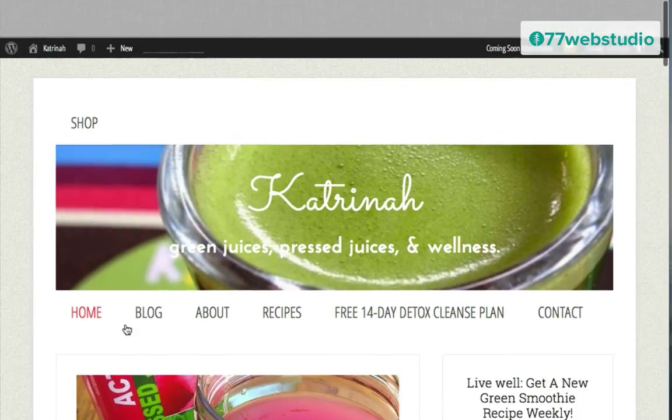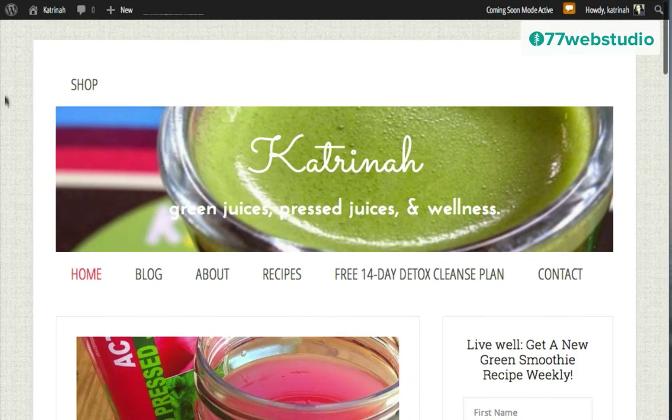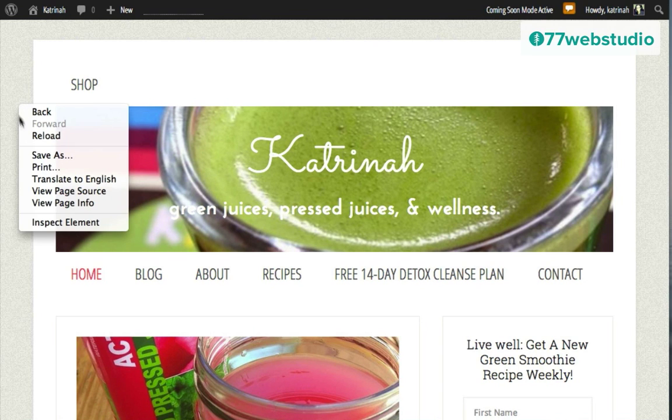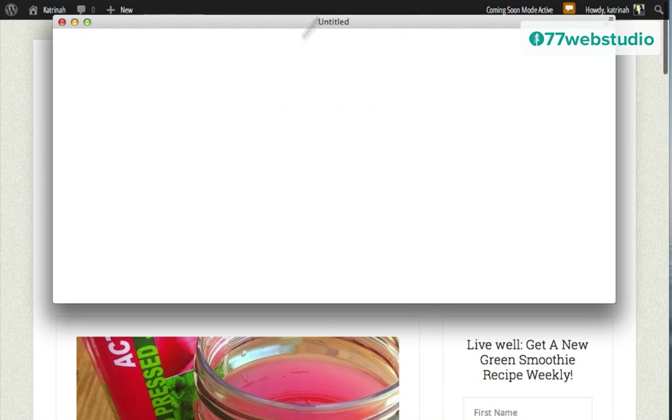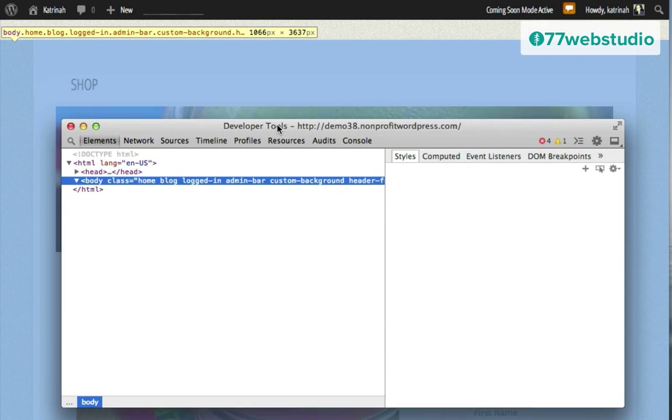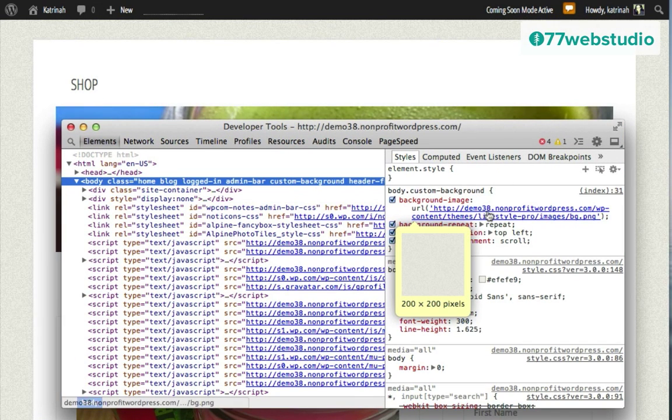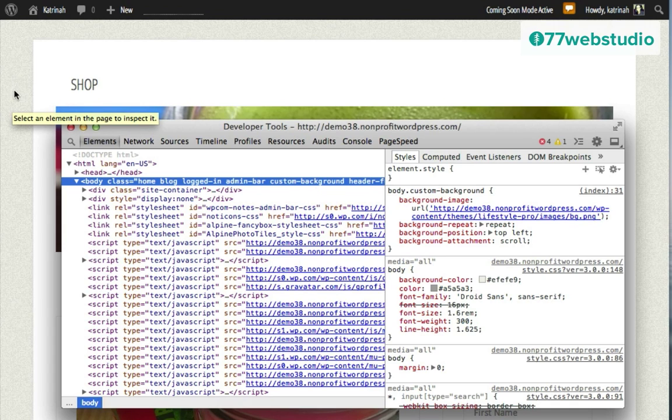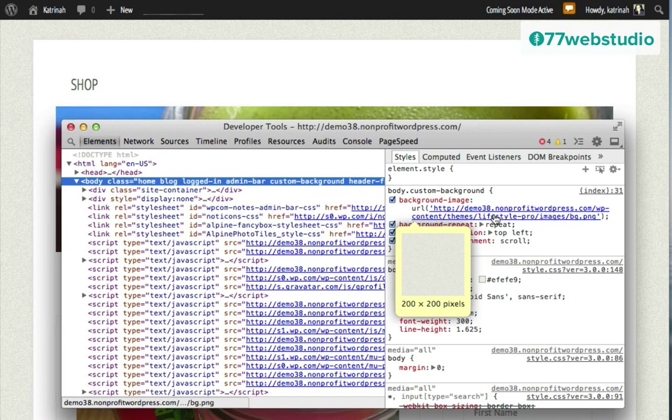So coming up to the top, to find this background right here, I'm going to open Inspect Elements. Let's see if we can find this image right here, and it's the first one that pops up. We can see that it has a kind of gradient to it. There's a fabric or canvas look. This is actually an image.